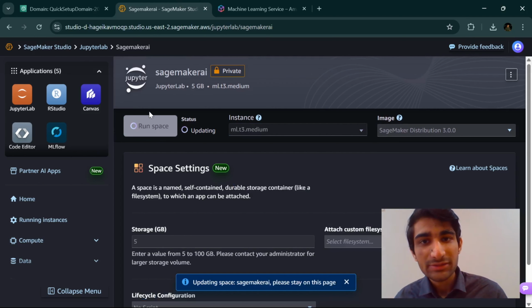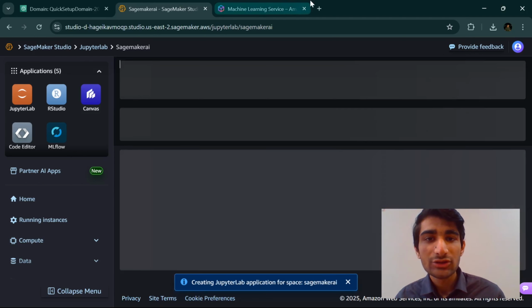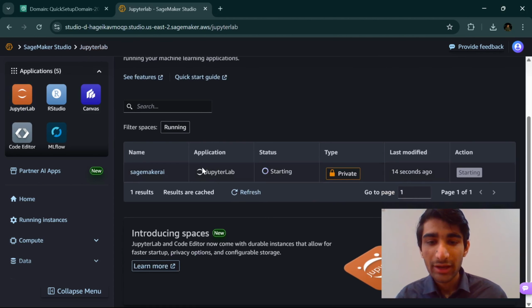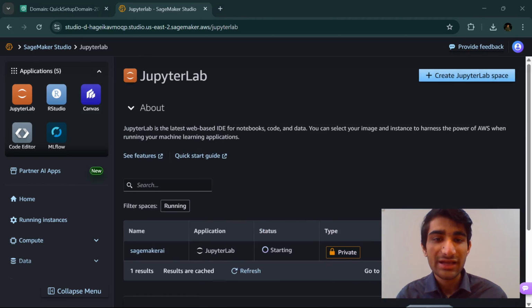And when we do run space, it will create a Jupyter lab for us. So I will come back to this. You just have to click on this Jupyter lab over here or over here. So I will come back to this Jupyter lab, and you can see currently the status is starting. So my application is trying to start. Okay. So we will wait for this application to start, and then we will use the Jupyter notebook to make